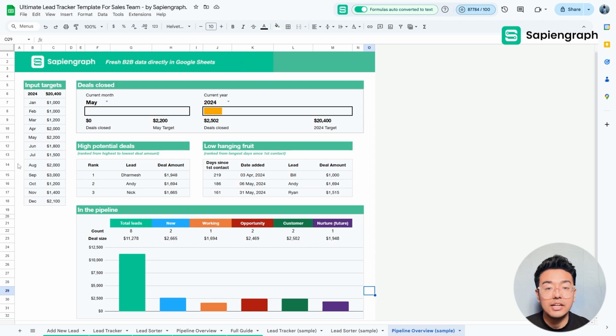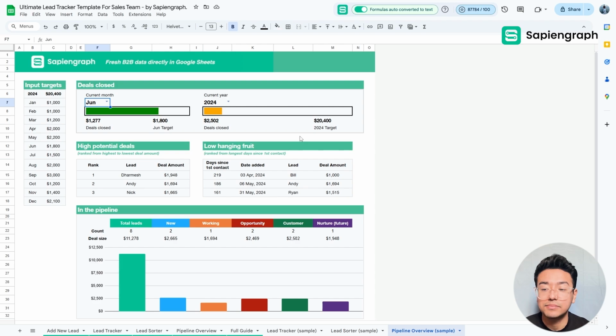Take a look here. It is your monthly goals. This shows how close you are to hitting it. Change up the months to see if you've hit your targets. Looks like you're all set for this month. Great job. And here is your annual target. You still have a couple of months left to achieve your goals for the year.